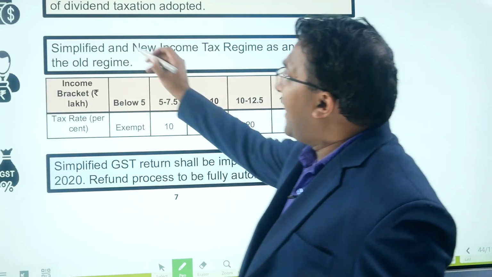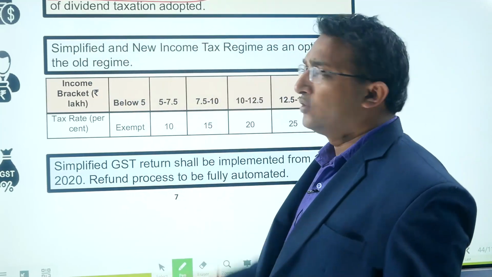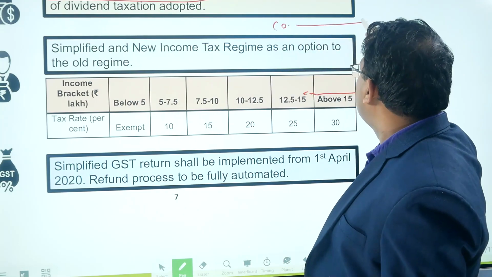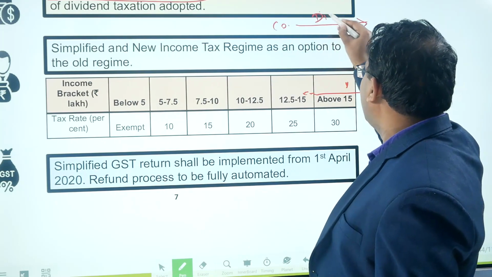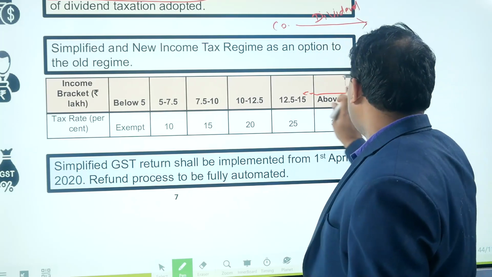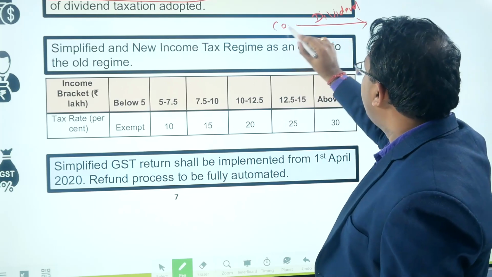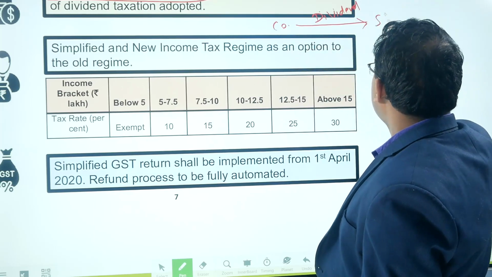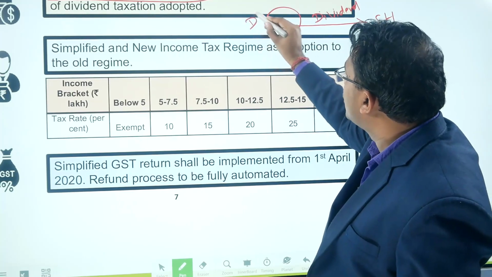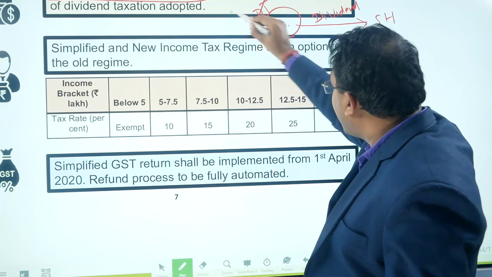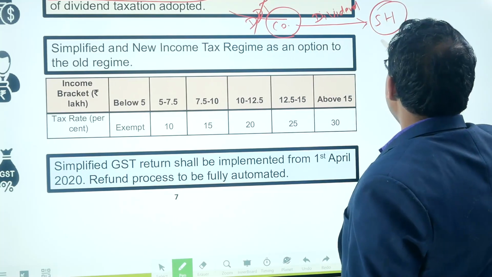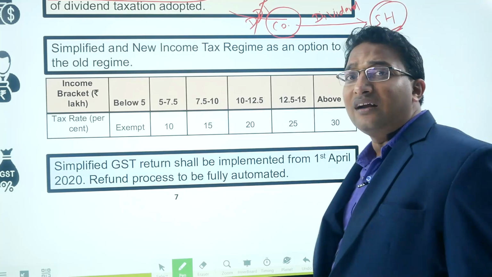Then there is a tax called dividend distribution tax. So this tax is levied when any company distributes the dividend. Dividend, what is the meaning of dividend? Dividend basically means the share of profit, right? So when a company distributes the dividend to the shareholder, at that time the company was supposed to pay dividend distribution tax. Now this dividend distribution tax has been eliminated from the company. It is the obligation of the shareholder. So the shareholder will be paying the taxes.